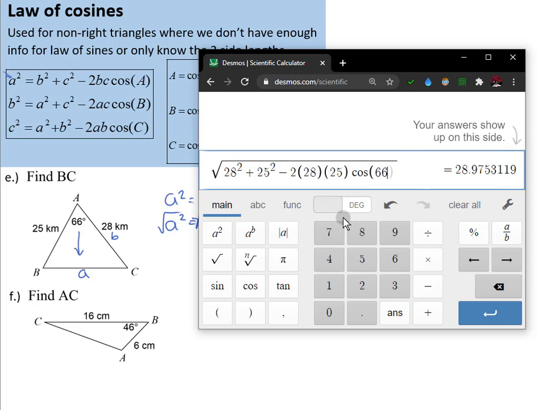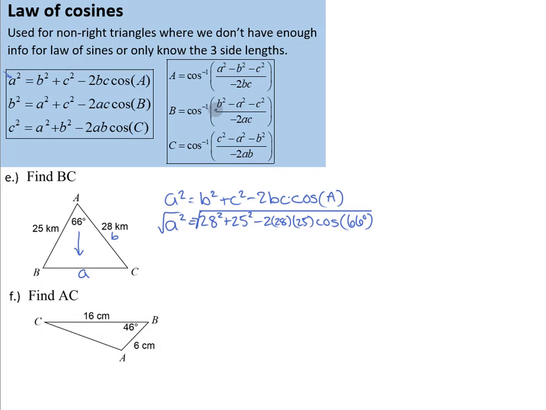And make sure your calculator, of course, is in degree mode, so your calculator knows 66 is degrees and not radians. And it tells me my missing side length, which seems pretty reasonable here, is about 28.97, which if I'm rounding to the nearest tenth, means we need to round this up to 29.0. So A is approximately 29.0